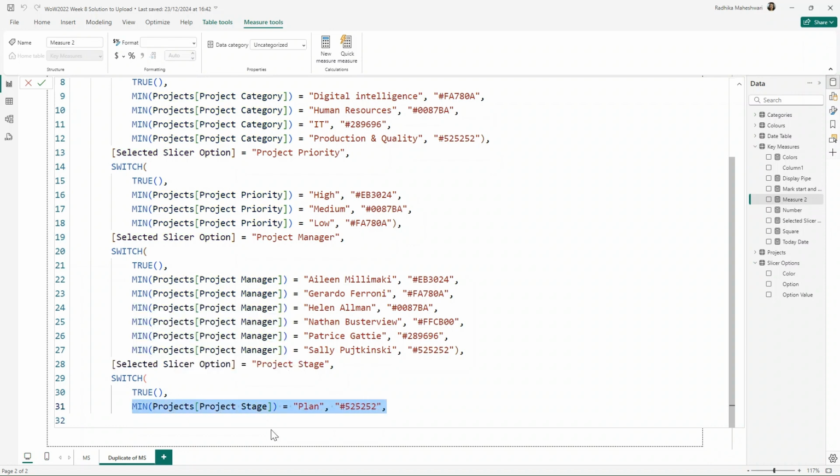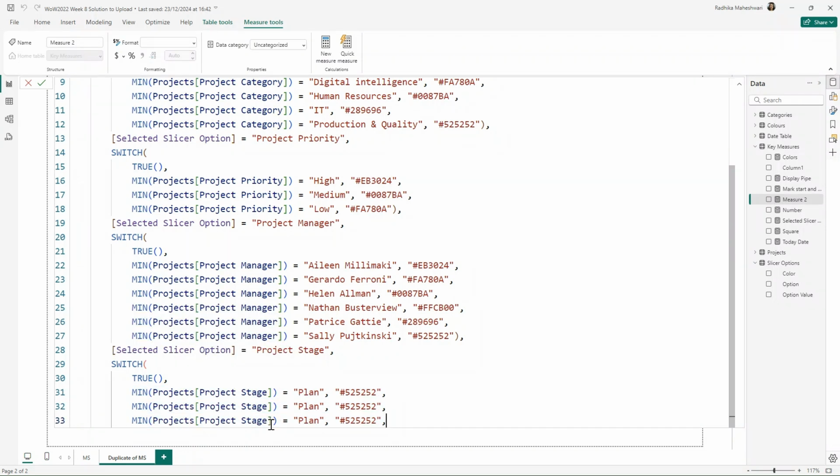Then I'm just going to copy this. When it is ideate, then color for ideate. And when the stage is execute, then we display the color for execute. And now all of these are complete.